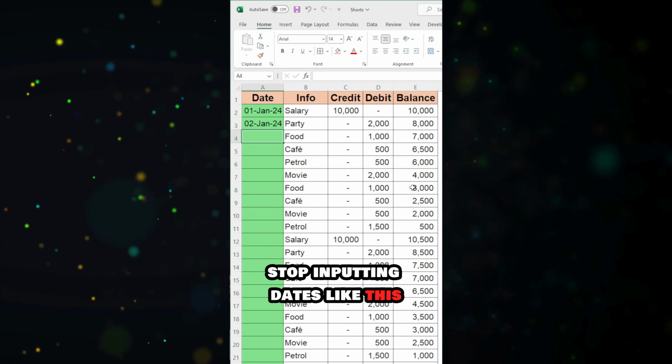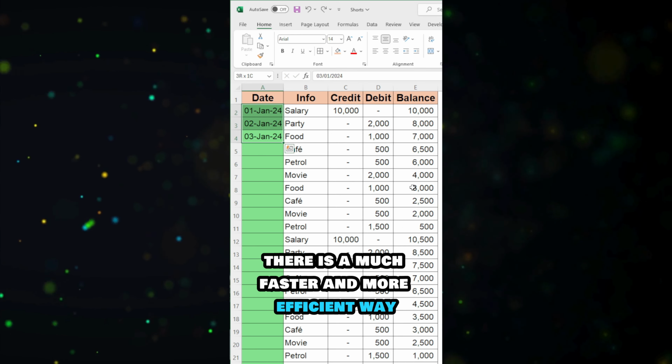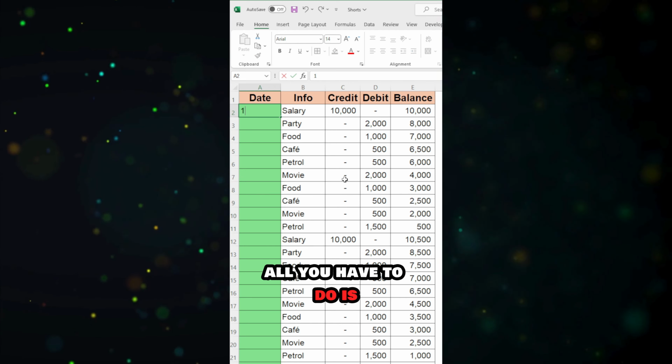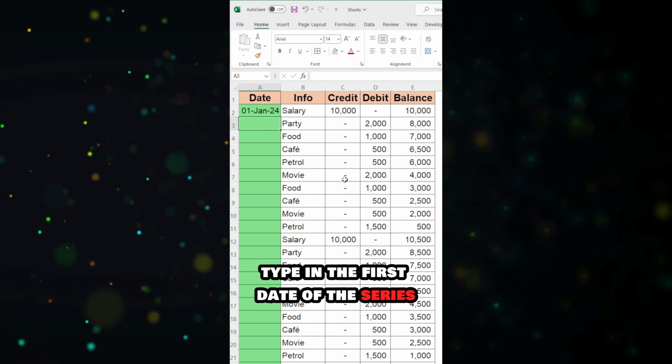Stop inputting dates like this. There is a much faster and more efficient way to insert data in a sequence. All you have to do is type in the first date of the series. Now type